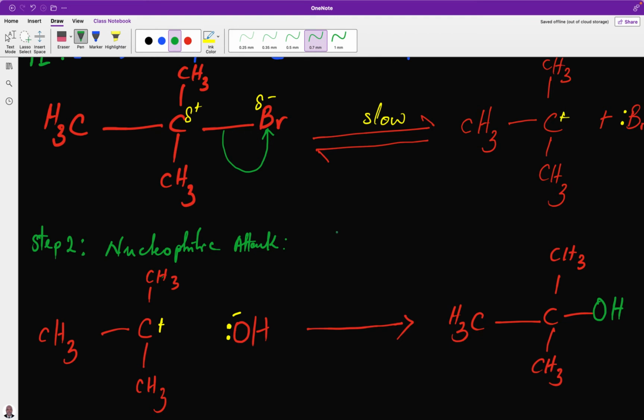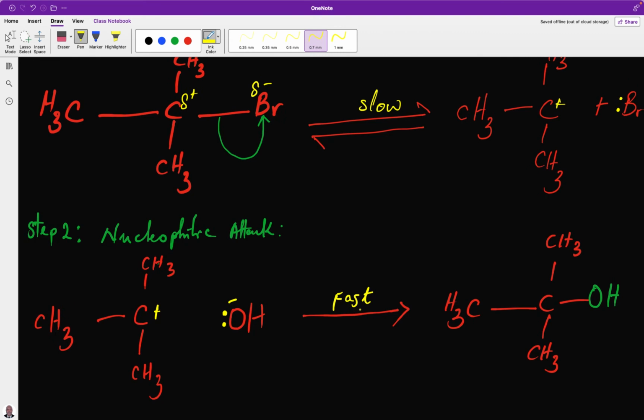So now, this step is very fast, because there's rapid attack of the nucleophile. The nucleophile attacks the carbocation rapidly. So now, see what is happening. Immediately this carbocation is formed, what happens? The nucleophile, which is the hydroxide ion, attacks it,